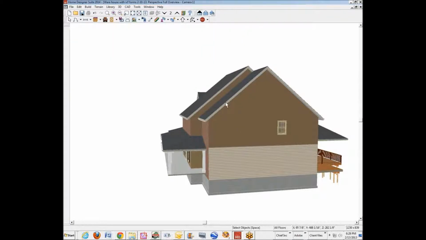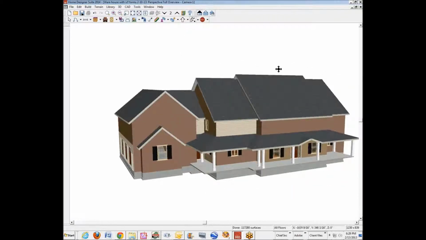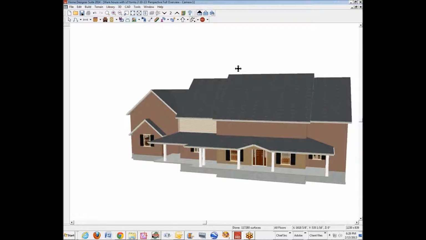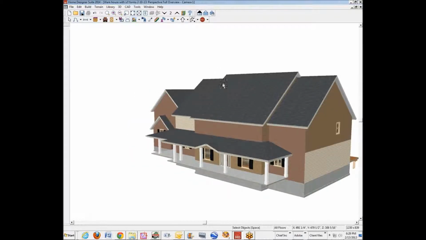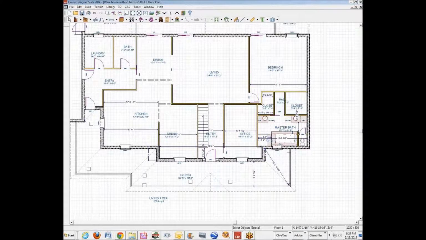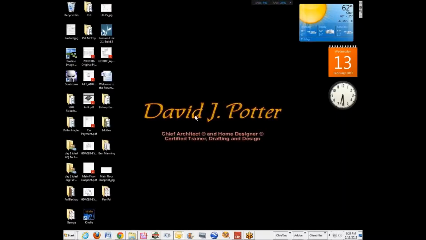I swear these roofs moved. Maybe they didn't. That's weird. Got me intrigued here. I'm going to get another copy of your plan on my second monitor, put it here